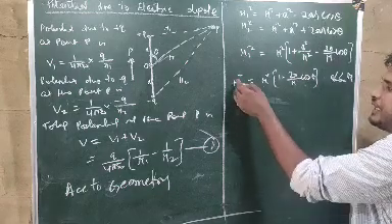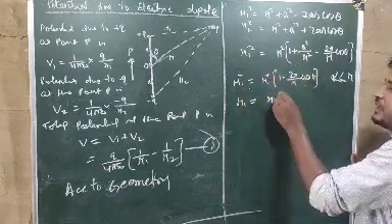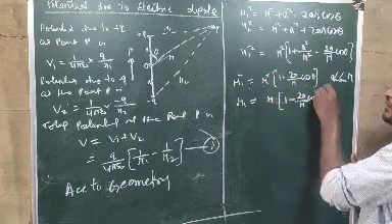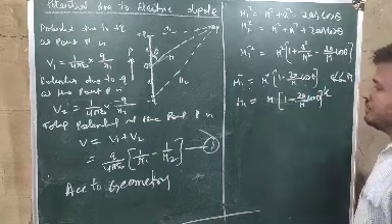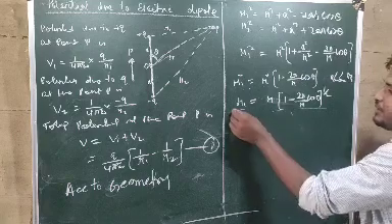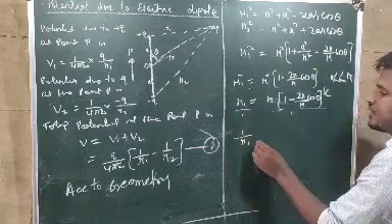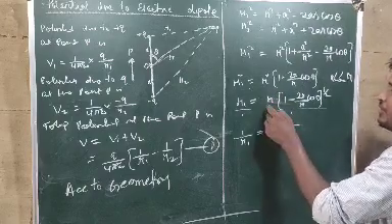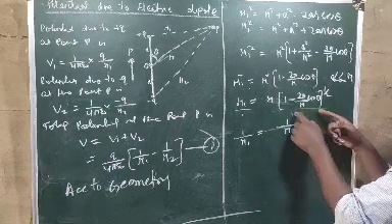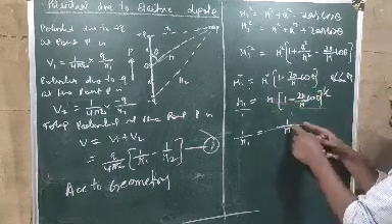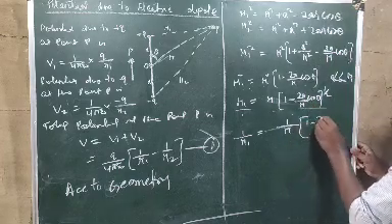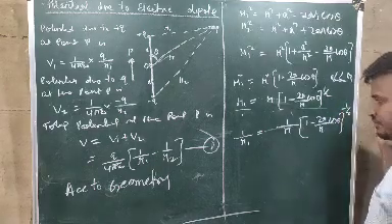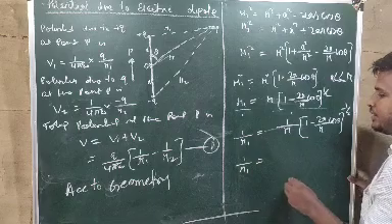So for R1, the A square term is removed, and the remainder is 1 minus twice A by R cos theta. The square root will be there, that is, the power 1 by 2. So if I take the reciprocal, 1 by R1 must be equal to 1 by R as it is, but this one goes above, so it becomes 1 minus twice A by R cos theta to the power minus 1 by 2. So 1 by R1 will be equal to 1 by R.